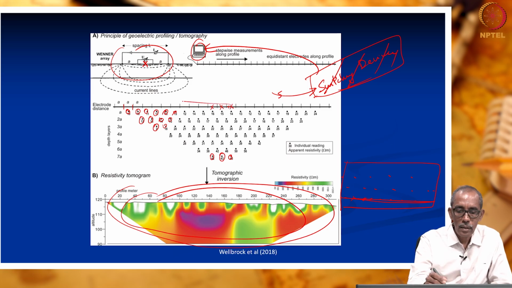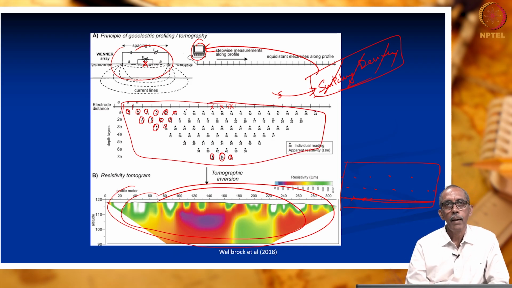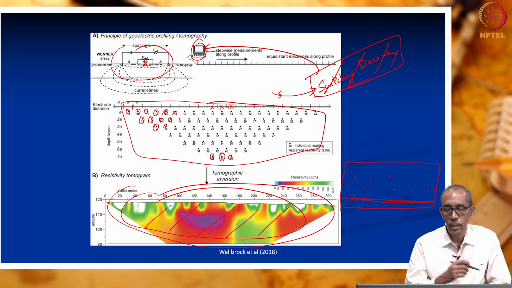all these points, at all these black dots, now we have the apparent resistivity values, right. These points can be connected. How can they be connected? All points of the same apparent resistivity can be connected. That gives you the subsurface image as you see here. Subsurface resistivity image is obtained, right. How is the resistivity image obtained?